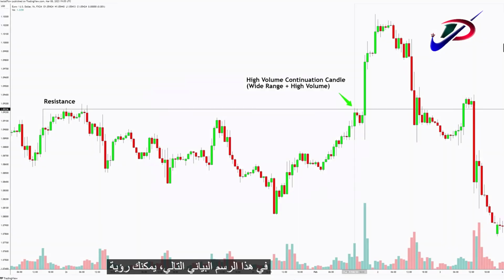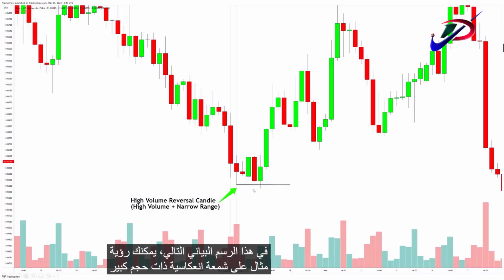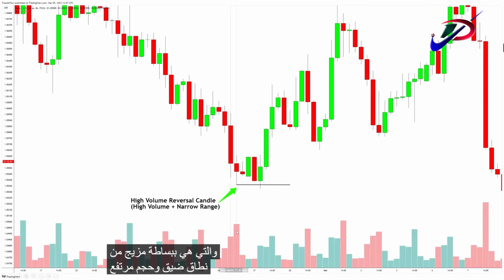In this next chart, you can see an example of a high volume reversal candle, which is simply the combination of narrow range with high volume. We can know this has narrow range and high volume by comparing it with the previous candle in this case. The previous candle has a wider range and a lower volume than the candle we are analyzing. The most important detail here is that when a candle has narrow range and a high volume, it means that